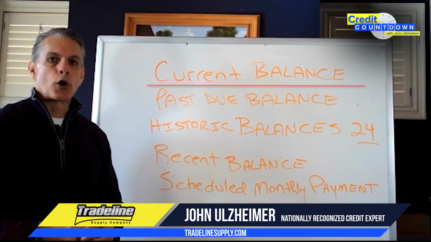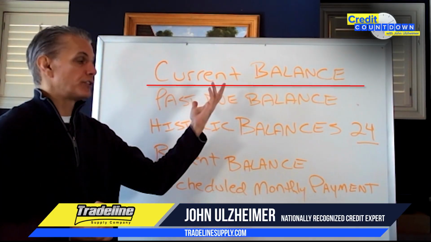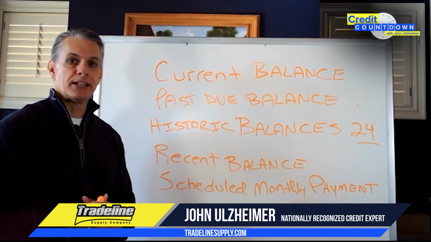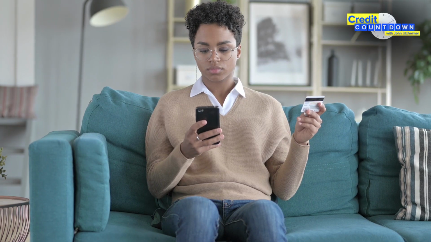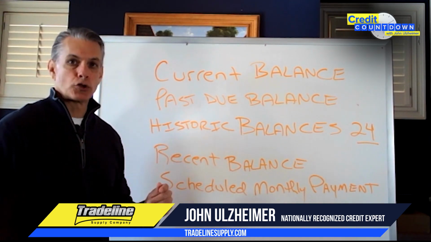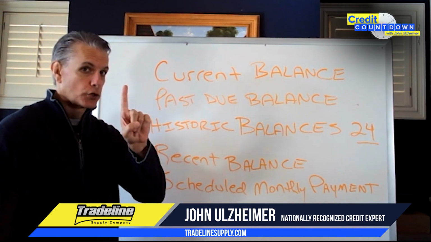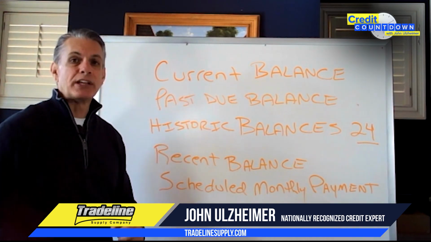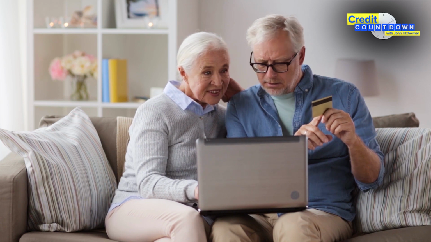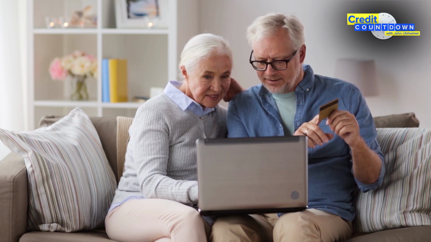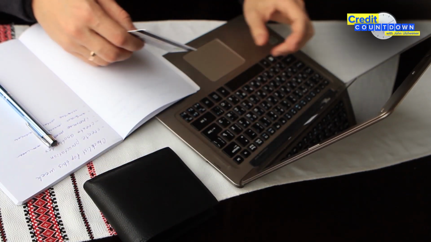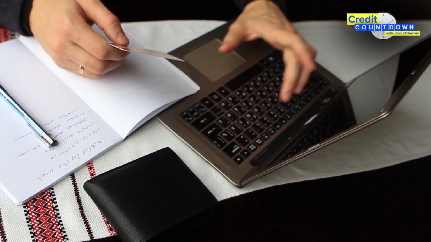So number one, current balance. This dollar figure is meant to represent the balance of whatever account you have, whether it's a mortgage, a credit card, or an auto loan, as of the most recent update of the particular trade line. It is not meant, especially in the credit card world, to be a real-time value, meaning that the balance that appears on your credit report as the current balance may not actually be your balance as of right now. So if you were to pull your credit report today, the balance would be what it likely was in your most previous statement.